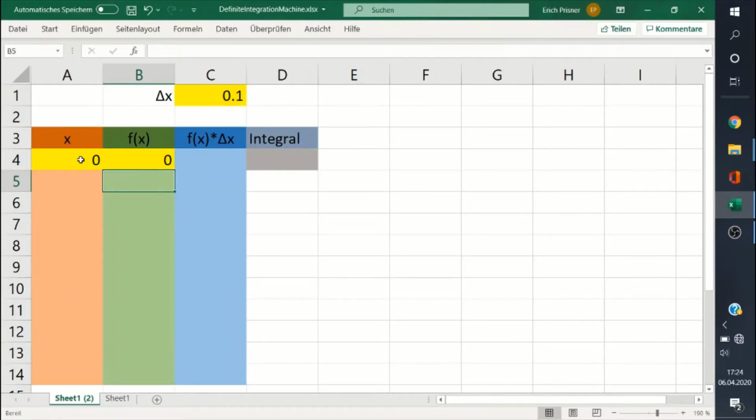Then I need a formula for the next x, and if this is my x0, then of course x1 would be x0 plus increment. So here the formula is equals the previous x value plus the increment. So I'm clicking on C1. Now here you have to be careful. If you use this formula, then you cannot copy and paste it down, because here something is used which is called